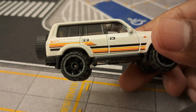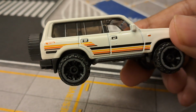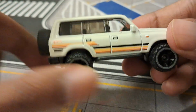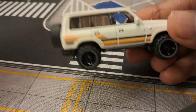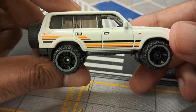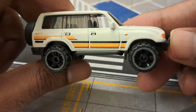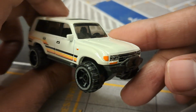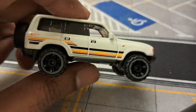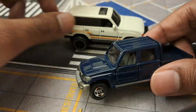as the J series, J20, 40, and so on. This particular version is the J80 series. As you can see, it says 80 on the card art, J80 series, which was introduced in the 1990s, and it replaced the previous series, which was the J60 series. And just to give you a brief before we start the review, I have this one Land Cruiser from